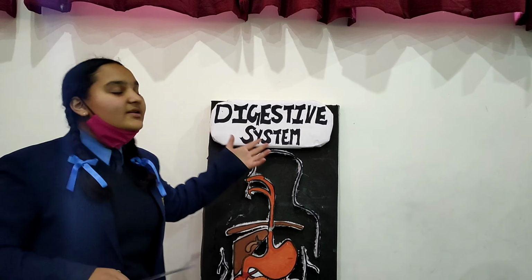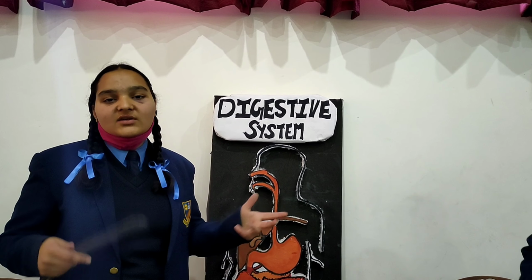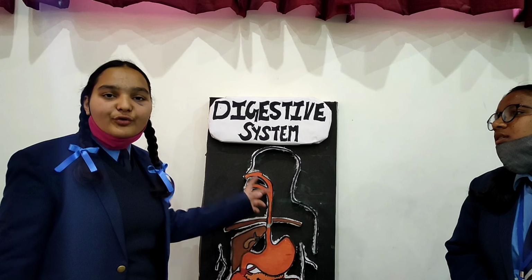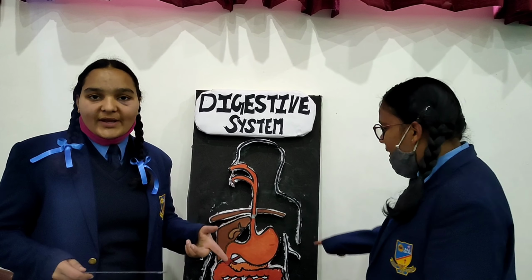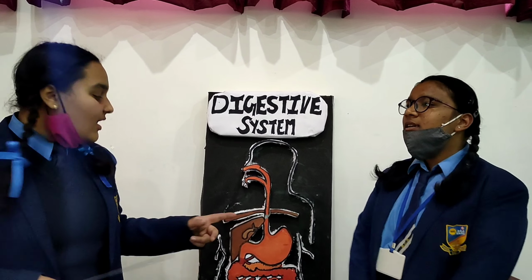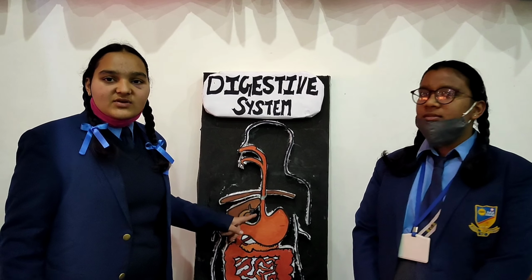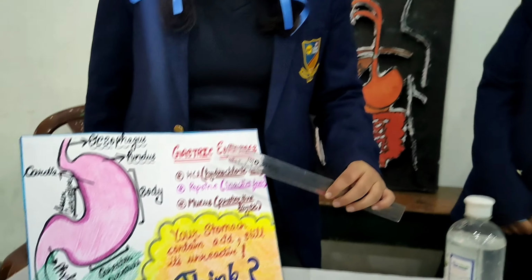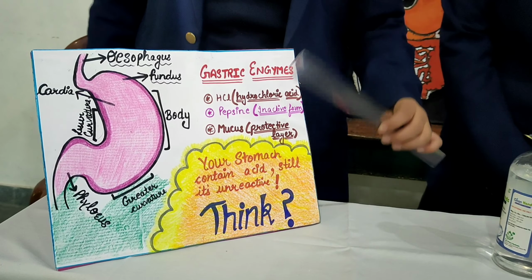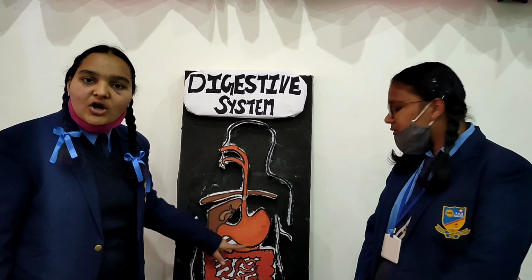Good morning. We are going to discuss the digestive system, how it works and all its components. When we eat food and it is chewed, it goes down a muscular pipe known as the food pipe, also called the esophagus. Now the food enters a J-shaped structure, that is the stomach. The stomach contains gastric substances: HCl, pepsin and mucus. Mucus is present in the lining of the stomach.